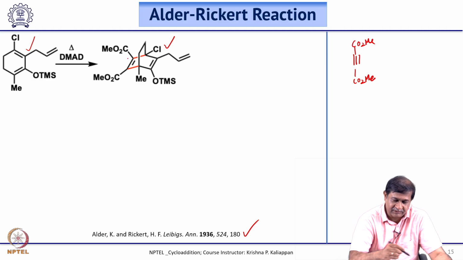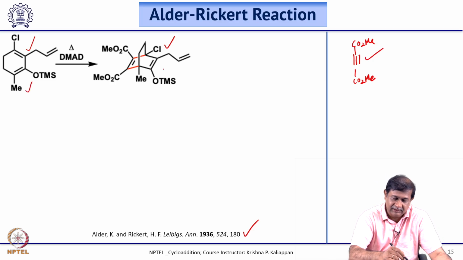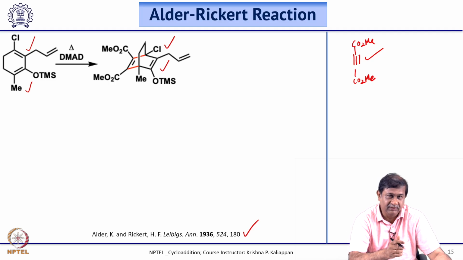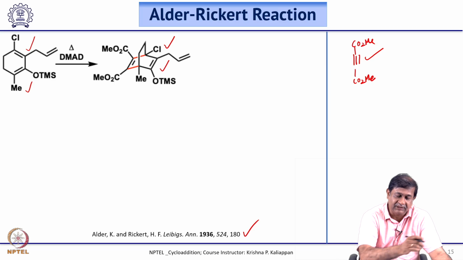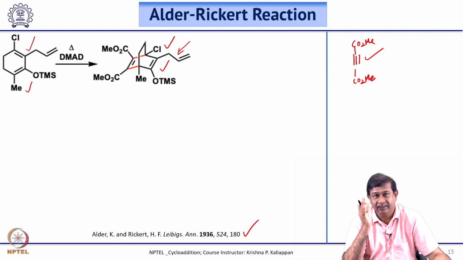One, of course, your dimethyl dicarboxylate can come out, but that will give you the starting material. The other one, this portion can come out, but that is of no use. Both will not give you an aromatic compound. So, what is important is, as we have discussed during the retro Diels-Alder reaction, one of the driving forces is the formation of an aromatic compound. So, both the formation of dimethyl acetylene dicarboxylate as well as this right hand side triple bond will not give